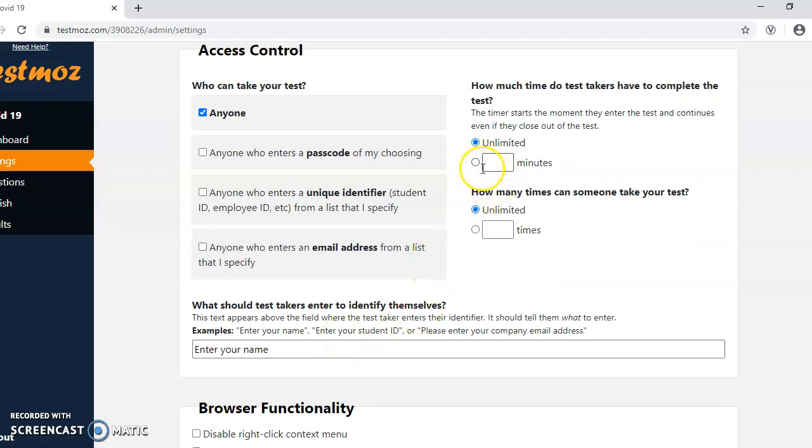Time allotted: you can always time your test. So you want to give, say, only 30 minutes or only 40 minutes, so they will have to finish the test. Or unlimited, or how many times you want a student to take up the test. You may keep unlimited, or you may keep it to say 3 times or maybe 2 times, or whatever you want to decide. Or in case you want to give a time, so we write here 30 minutes.